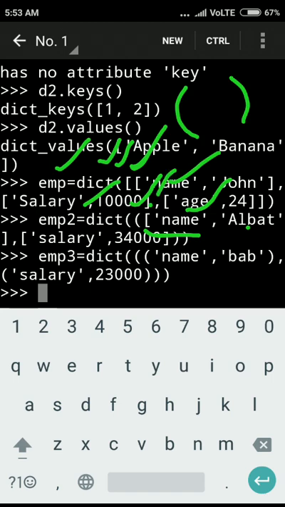Here I am using three curly brackets. It means two entities in one tuple. We can create a dictionary with the help of tuples as well as lists.